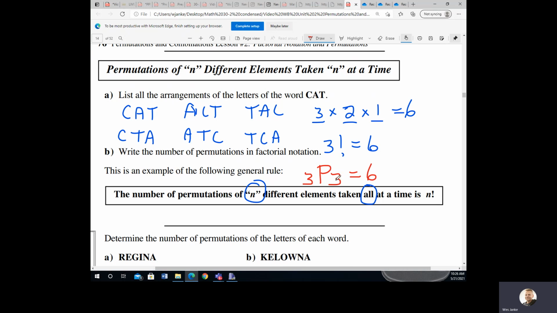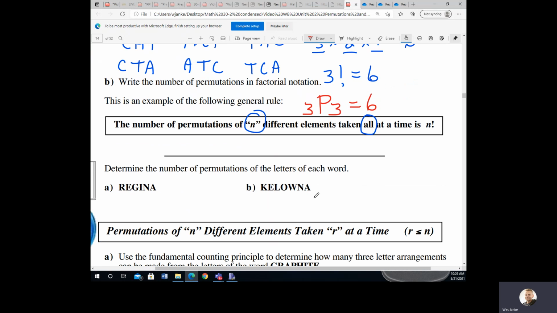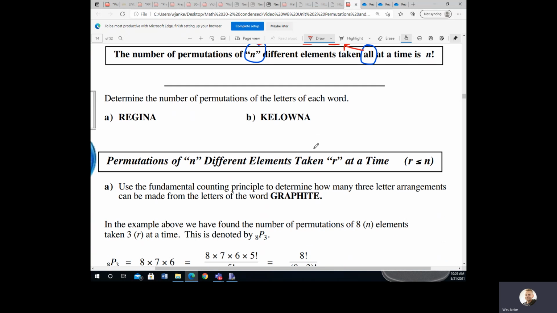Now, I'm going to show you some examples here below. The number of elements is the number in front. How many you're taking each time is the second number. So determine the number of permutations of the letters of each word. So we have the word Regina. So Regina has 1, 2, 3, 4, 5, 6 letters. So as